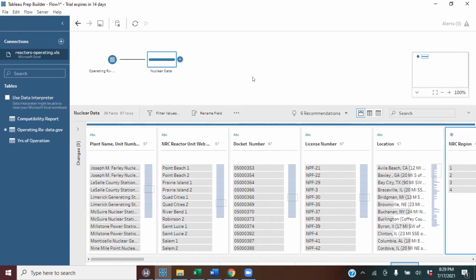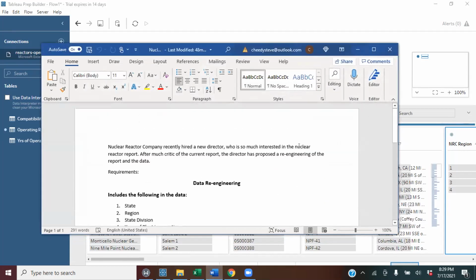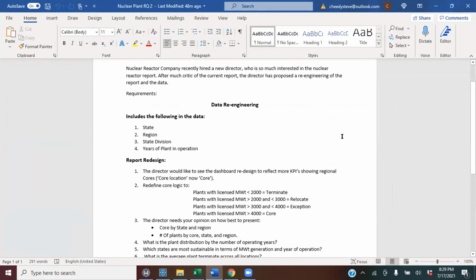Go back to the requirements. So we also want to bring in the years of plant operation, how long have they been in operation? So where is that data located?